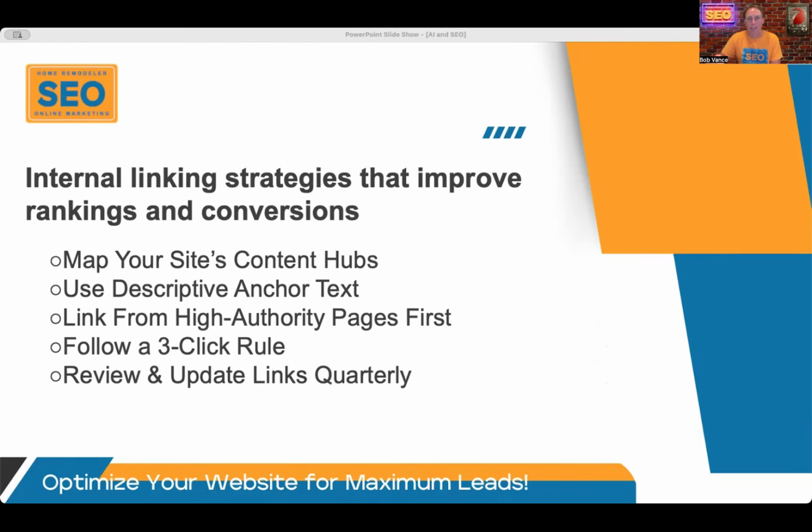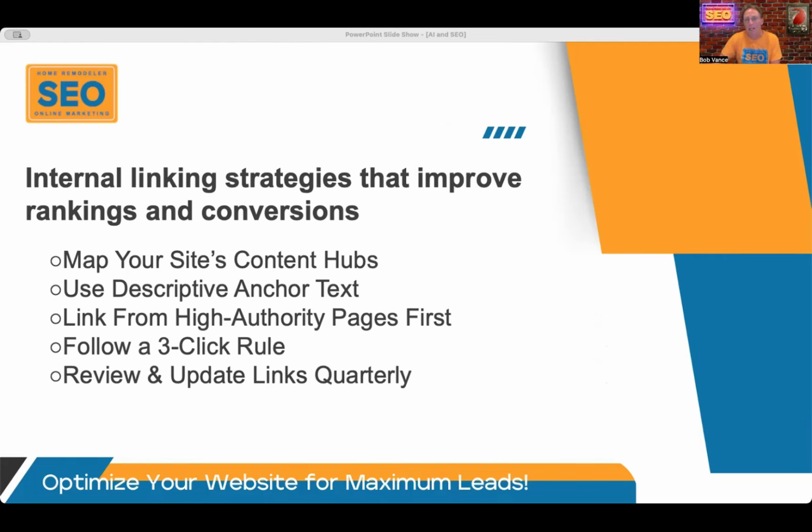And then I always say to follow the 3-click rule. Ensure that every important page is reachable within 3 clicks from the home page in order to improve that user experience and that crawl efficiency. You don't want people to have to click more than 3 times to get to what they want. It should just be 1 or 2 clicks, really. But I see that a lot. Like instead of a contact form, they're like, click here and then click here, and then it finally gets to the contact page. Instead of just having that form right on every page, maybe in the footer, maybe up top, maybe on the sidebar, something like that.